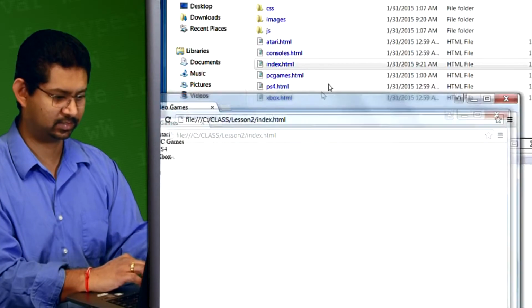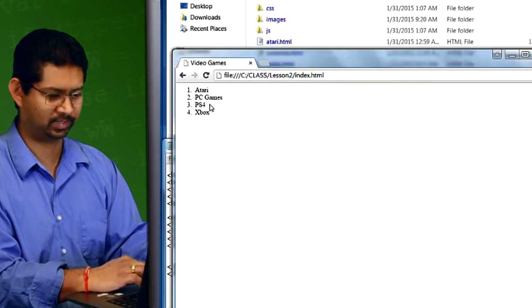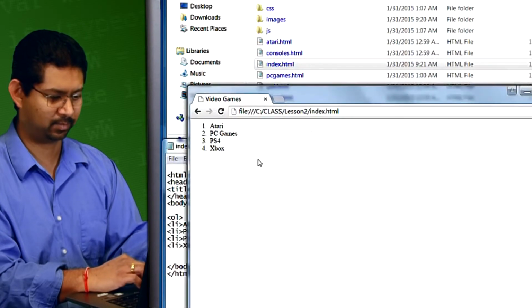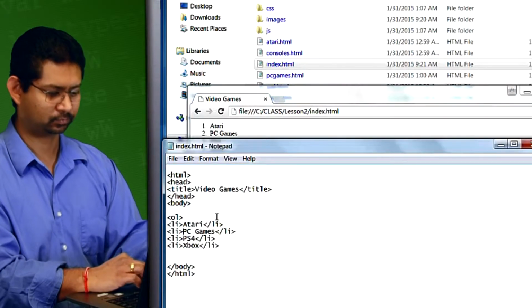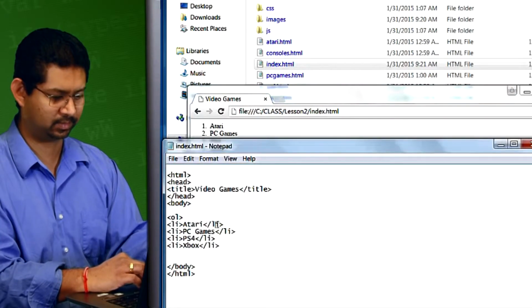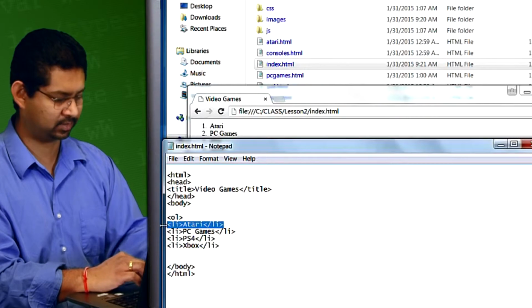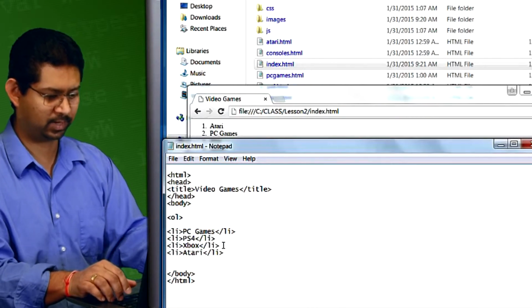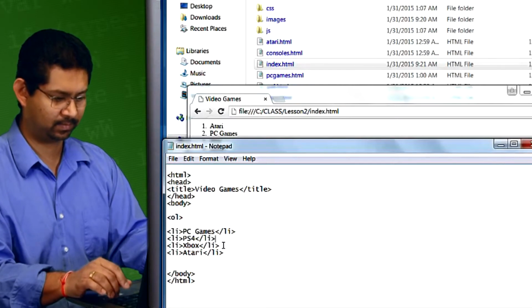And there we have a list that just says Atari, PC games, PS4, and Xbox. So what do we have in common here? We notice that the Atari, the PS4, and Xbox are actually kind of related. So we're going to move this down here, and we're going to actually create another list